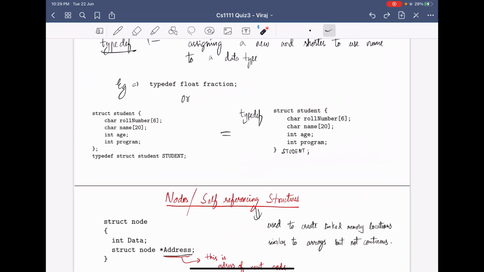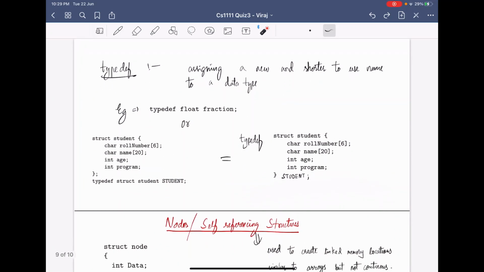Typedef. If we have something like long int, it is very difficult to write long int every time, especially when the code is too large. So I make it LLI, which means long int. I want to write it like LLI, so I use typedef long int LLI.